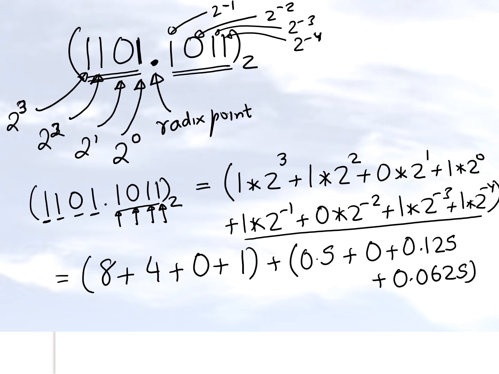Now if we add these numbers, we get 13 from the integer part, and then we get 13.6875. That'll be the equivalent in base 10.